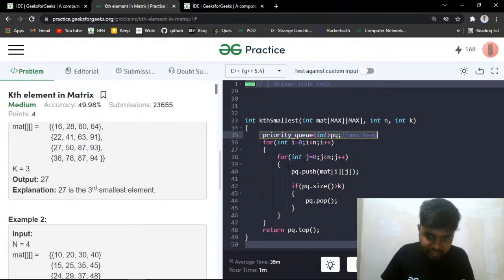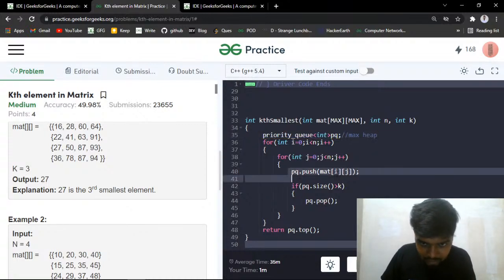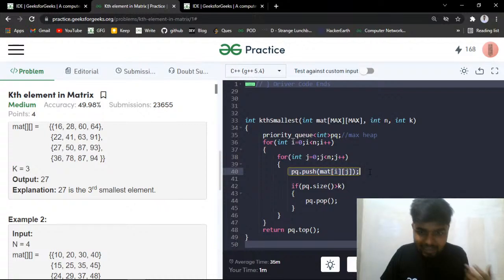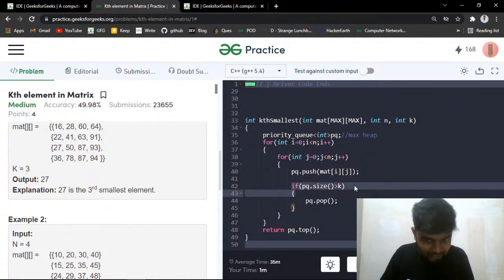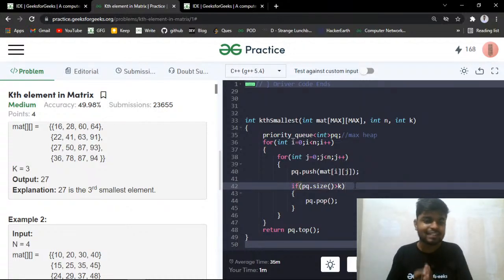Then what I've done is I am putting all the elements one by one into my max heap, and I check if the size of my priority queue is greater than k. That is, if the size of my max heap ever exceeds k, then I pop that out, and at the end,